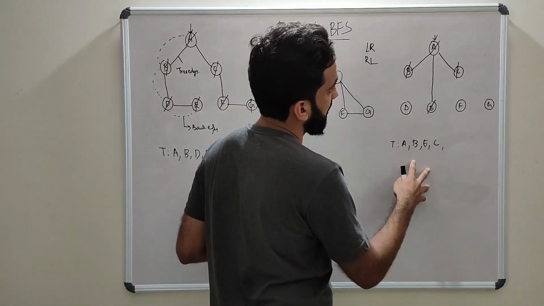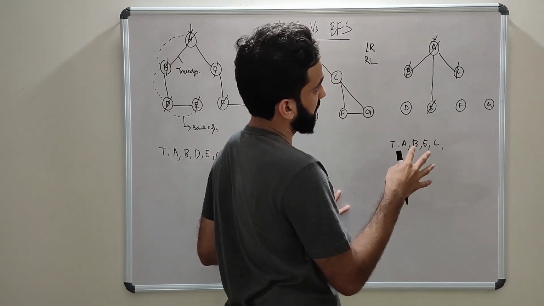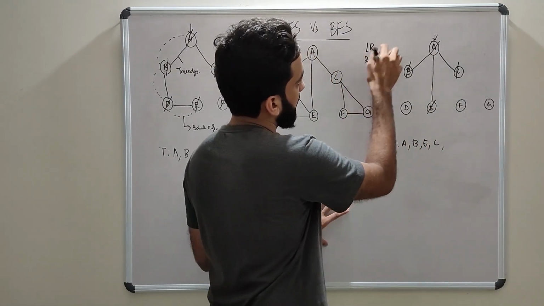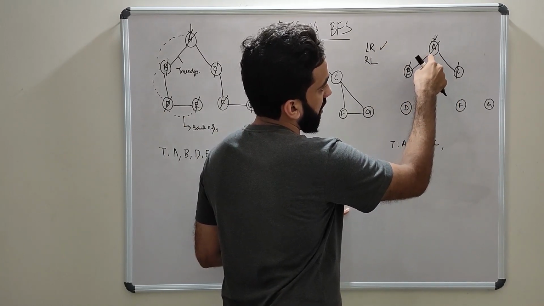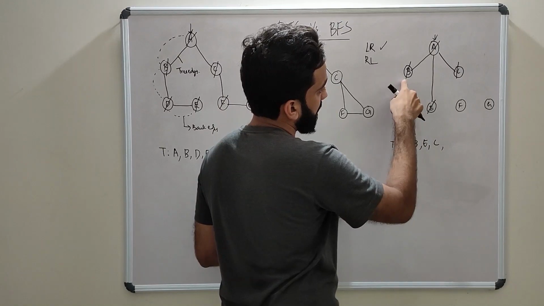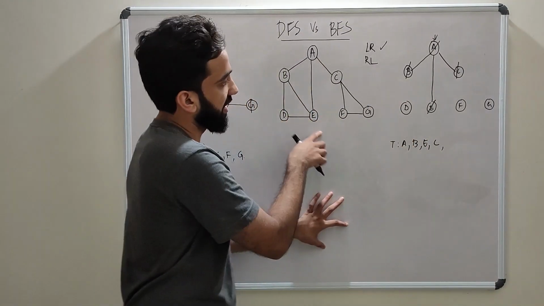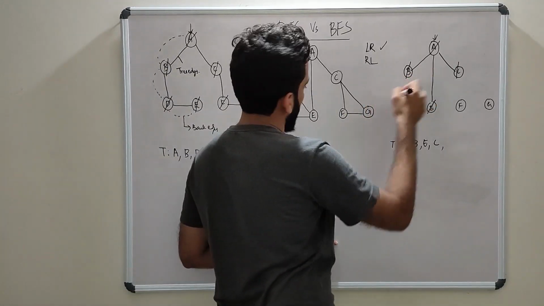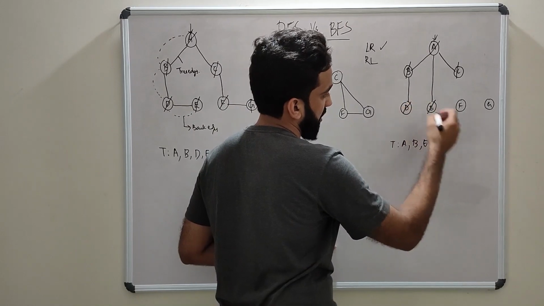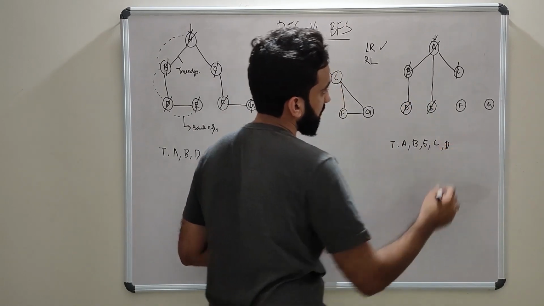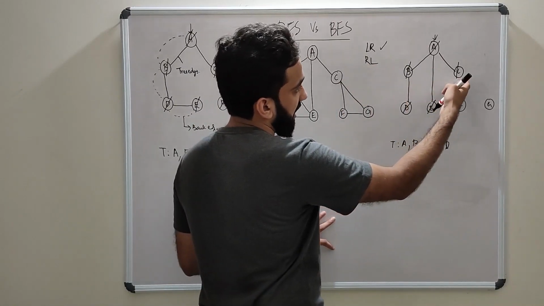Now we have added C. We have to take the child of A which we explored first. Since here we are going from left to right, the first child we explored of A is B. So we have to explore the child of B then. So for B, we have D and E. So from B, D is not visited. So we'll go to D. So we'll mark D and we'll add D here. If we are following the right to left pattern, then we'll have to take C then.